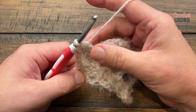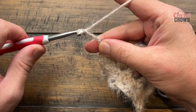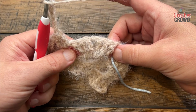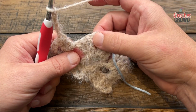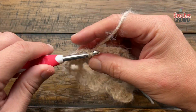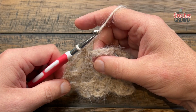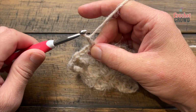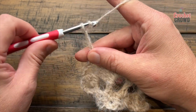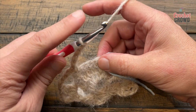You're now going to chain 5, 1, 2, 3, 4, 5, and look for the chain 1 space that is in between the 2 groups of the trebles that you see right here. So it's the next space technically. So you're going to single crochet there, and then you're going to chain 5. So 1, 2, 3, 4, 5, and we're going to hit the center point now, and this will be a double crochet first,